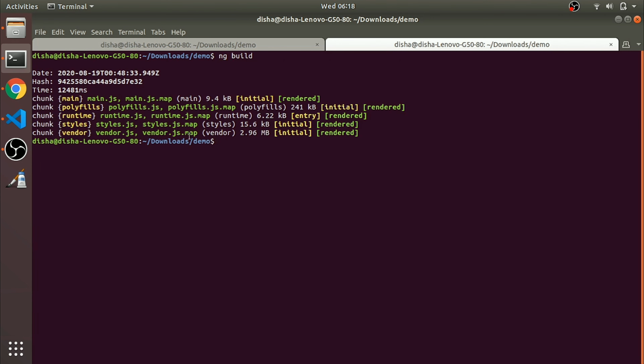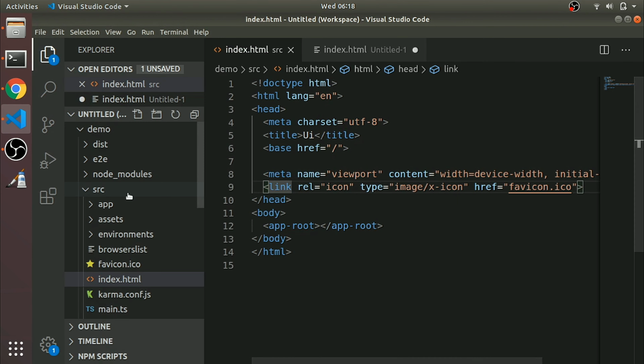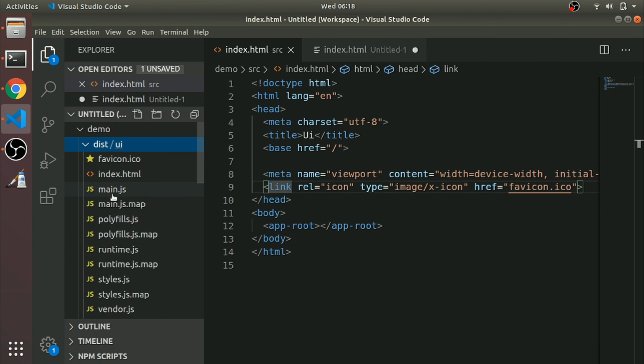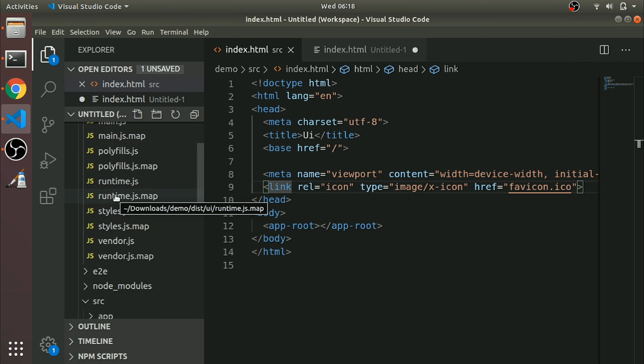Then it has created 2-3 files here. We'll go there. Once you run a build, this directory will appear. Inside this directory we have some set of files, right? So I'll explain one by one.